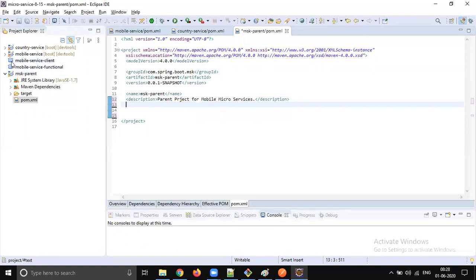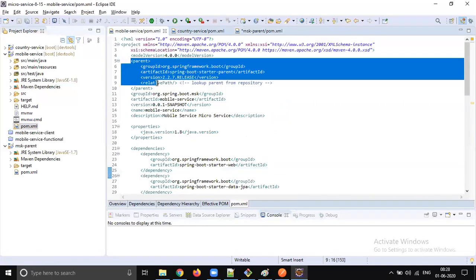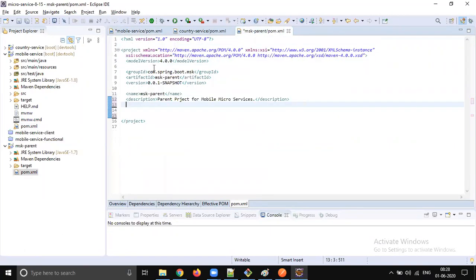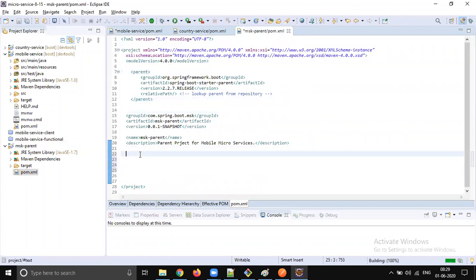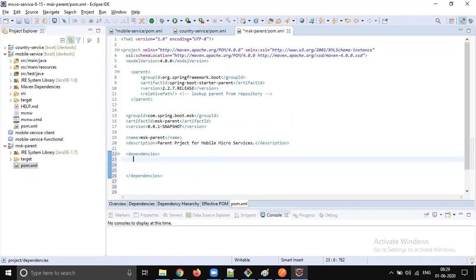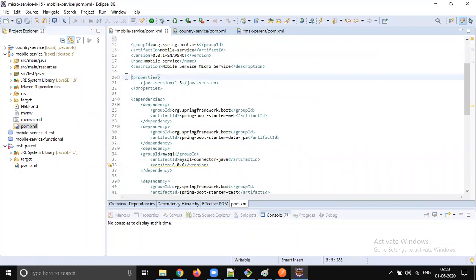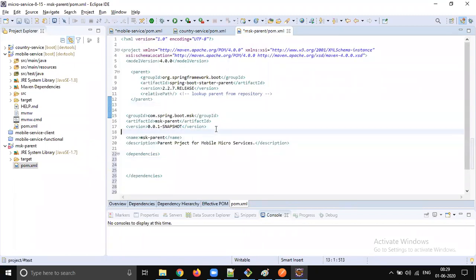Fine. Now let's go to the mobile service and see what things are common, right? This parent is going forward with Spring Boot in the MSK services, so those things have to be extended from here. Let's make this a child of the Spring Boot parent. Yes, let's add the common dependencies here, in the dependency section: the modules which are common for all the projects. For example, the property Java 1.8, right? It's common, so let's move it into the parent.